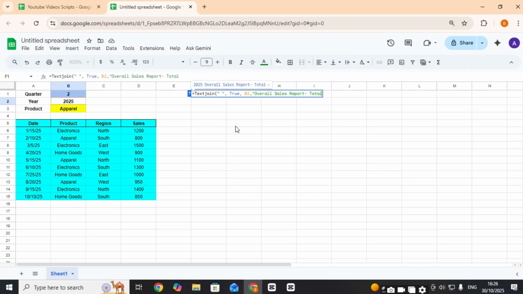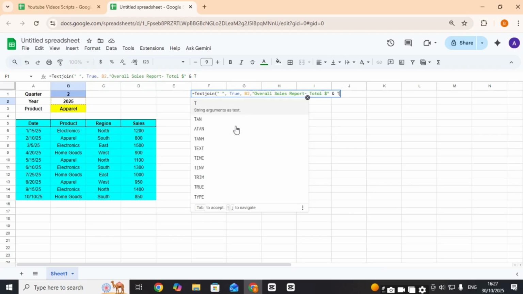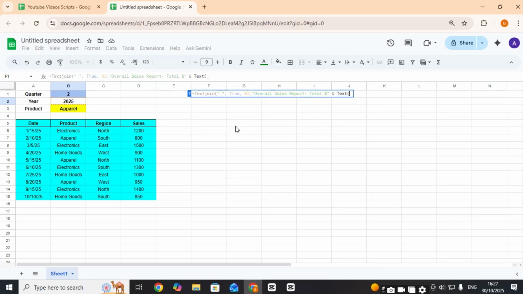total, which will be in dollars, we are assuming, and then it will connect it with our figure, which we will put in the TEXT method. Sum of the sales here,